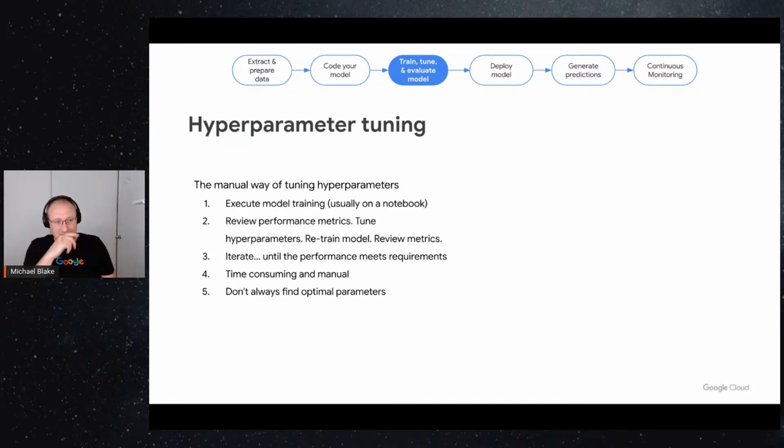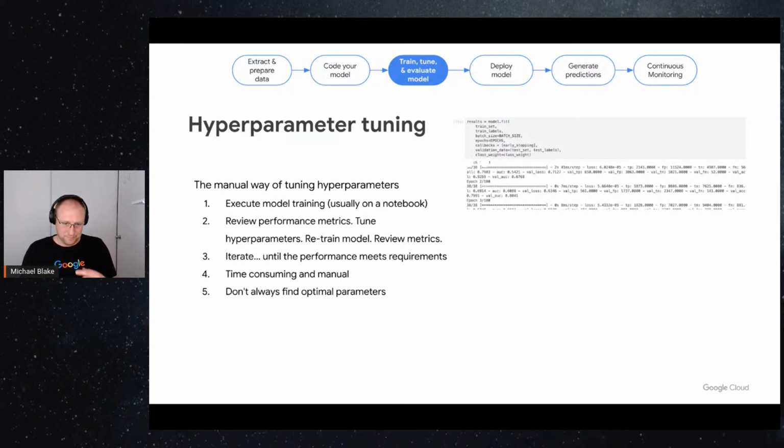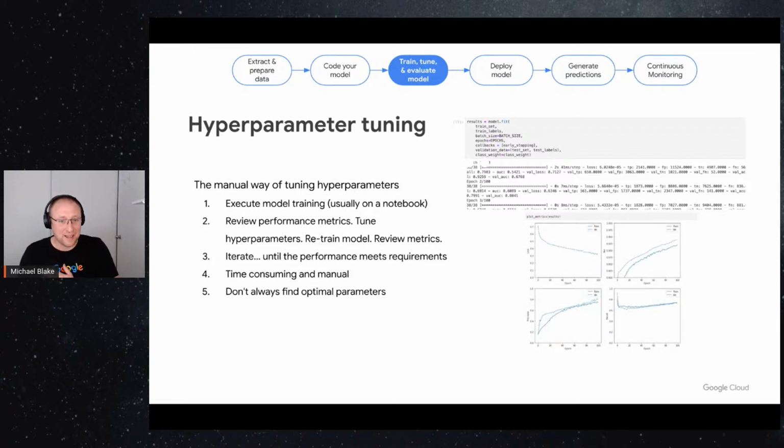But in English, these are the things that you tweak every time you train that model. Let's think of the data scientist in his notebook. Return, train. I'm not happy with the outcome here, I'm going to keep going. Normally that's the output of a training run of a TensorFlow model. They look at the metrics like precision, recall, loss, and they keep changing these hyperparameters again and again until they get the best possible results. It's time consuming, and quite commonly they won't find the optimal parameters, because as with everything manual, you're not going to find every possible variation. So